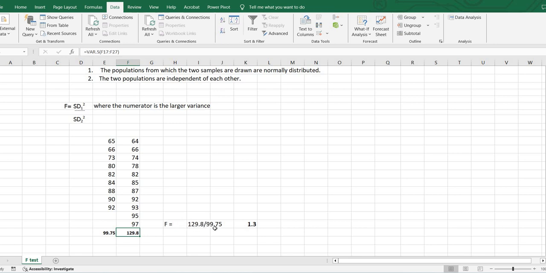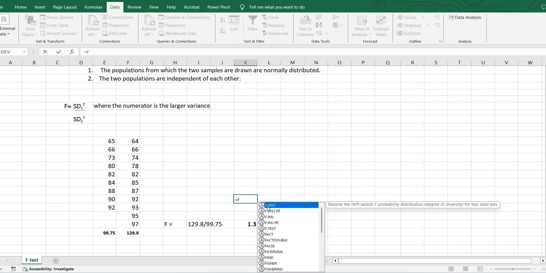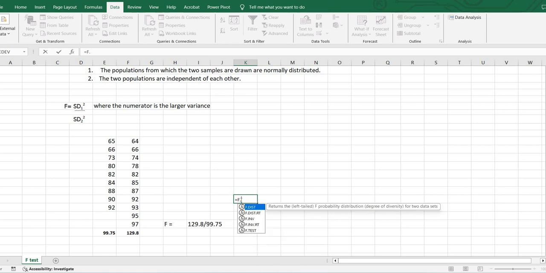So now the F value, suppose we go for the greater variance on numerator. So 129.8 divided by 99.75, we have found out the answer as 1.3. A value close to 1 itself indicates that the variances are quite close to one another. But if we want to see the table value, so we can go for the table value at the right end. So for that we have to use the formula F dot INV dot RT,